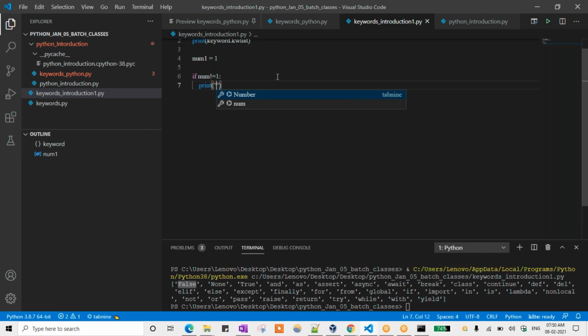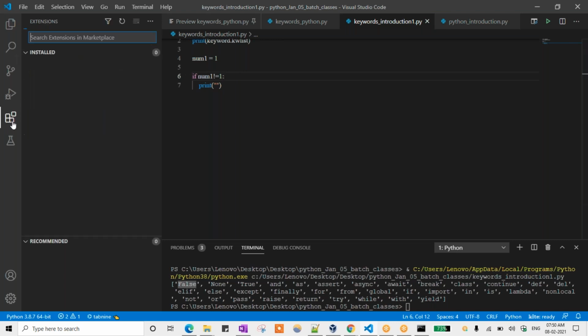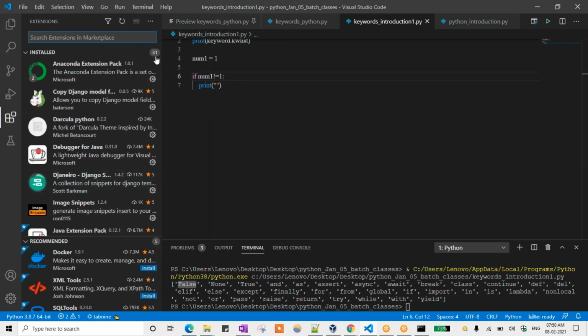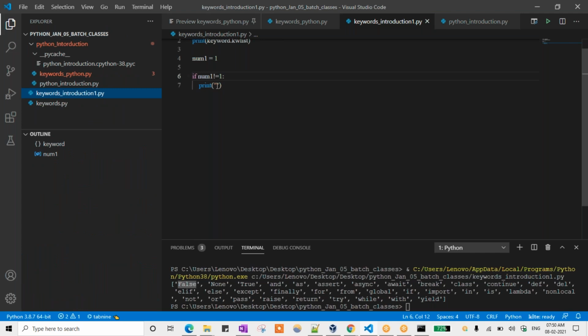Yeah, sir, the variable name is num1. Yeah, correct, that is one. I will check it once and show you that one. Don't worry about that. It is due to the extensions, right? Due to those extensions, it is showing different things. These are the extensions I installed for that particular Python debugger. That is the reason you were seeing all these issues previously. Okay, I will show you that one.